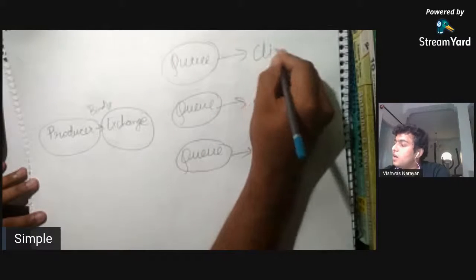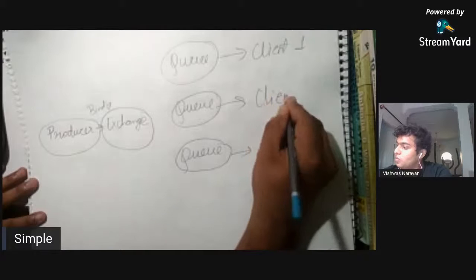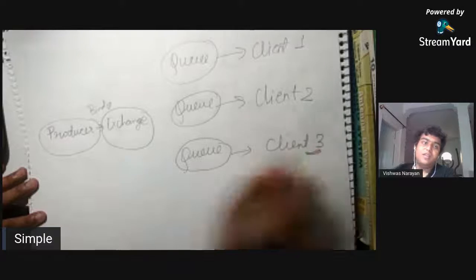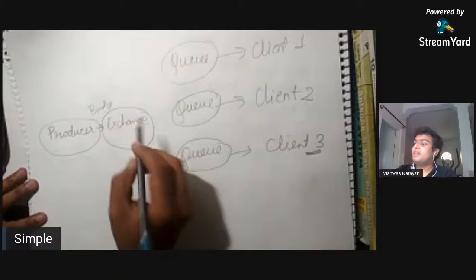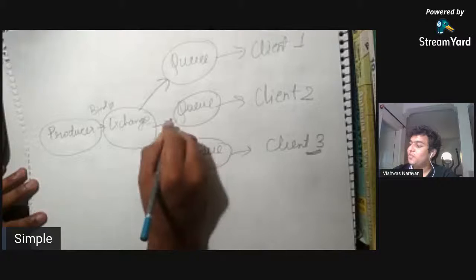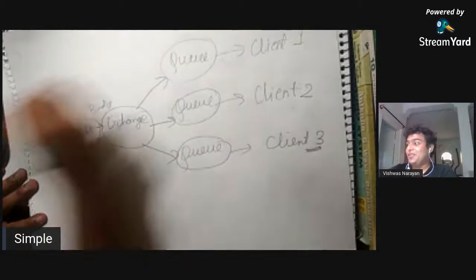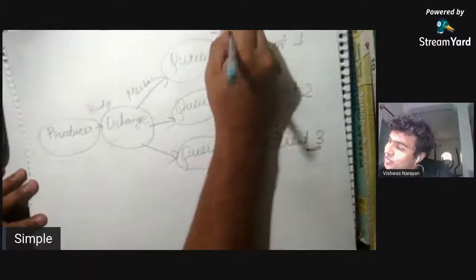So client 1, I hope it is visible. Client 2, client 3. So at any given point of time, you are bound to deliver them the function, and basically what your architecture is like, you can just flow in the data and you need not have to worry saying that, okay, what about that next move that I'm supposed to be doing? You can just send it a message through an exchange and it just flows in.